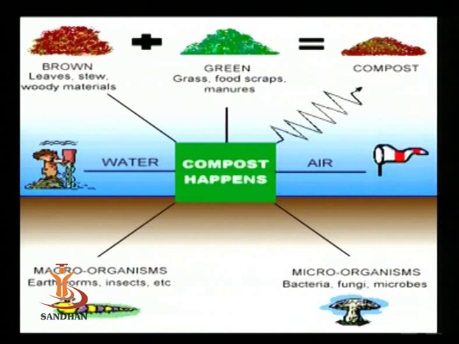How does composting happen? You can see in the picture the air, water, different earthworms, insects, microorganisms, dead materials, litter, bacteria, fungi and other microbes, even the leaves, the woody material, the different food scraps, and the grasses, all combine, and finally what do they make? Compost. So making compost is part of routine day-to-day life also, and this compost can be utilized to enhance plant growth, and that's why compost is one of the significant